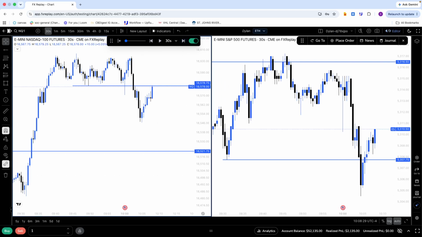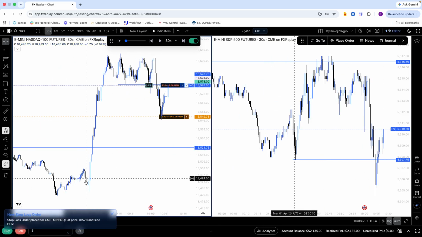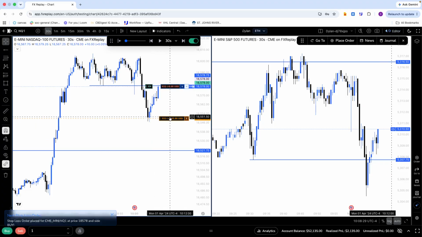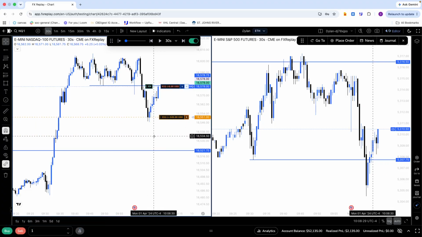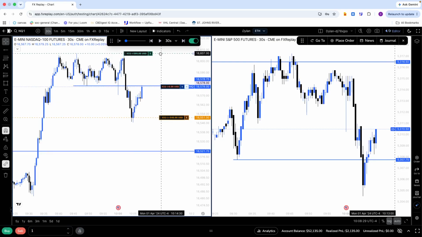Alright, so I'm going to buy this. Just going to take a little 1-to-1. My stop loss is going to be all the way down here. You do have an SMT. However, you are not risking too much. And then I'm just going to have it at these tops.